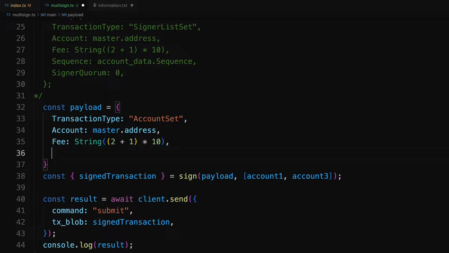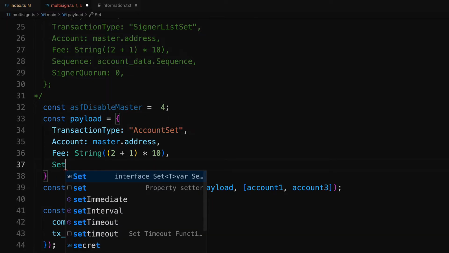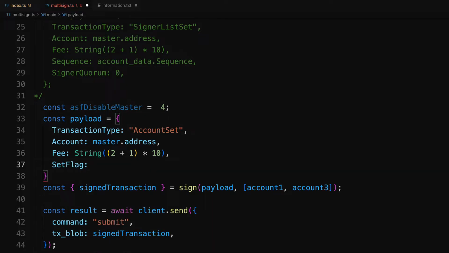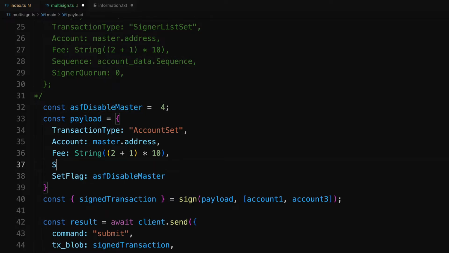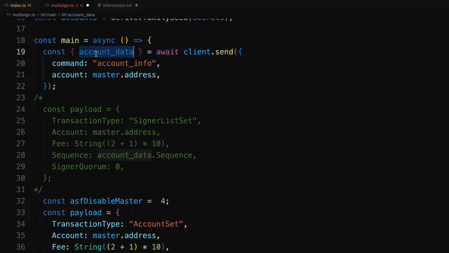Now let's set the flag, that is, we just now copied disable master. Let's declare a constant and assign the integer value 4. We know how to disable the master key by using the set flag key and assigning it an integer value of 4, right? We forgot the sequence. Let me input that. Sequence number of the master account